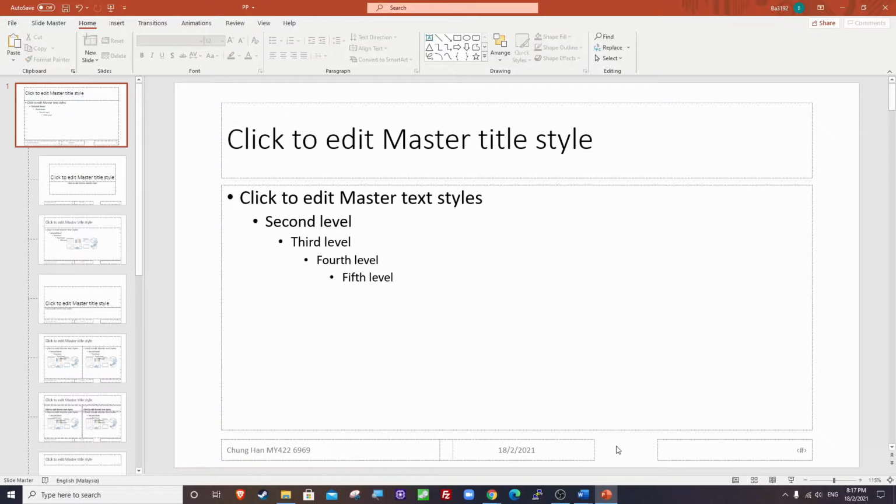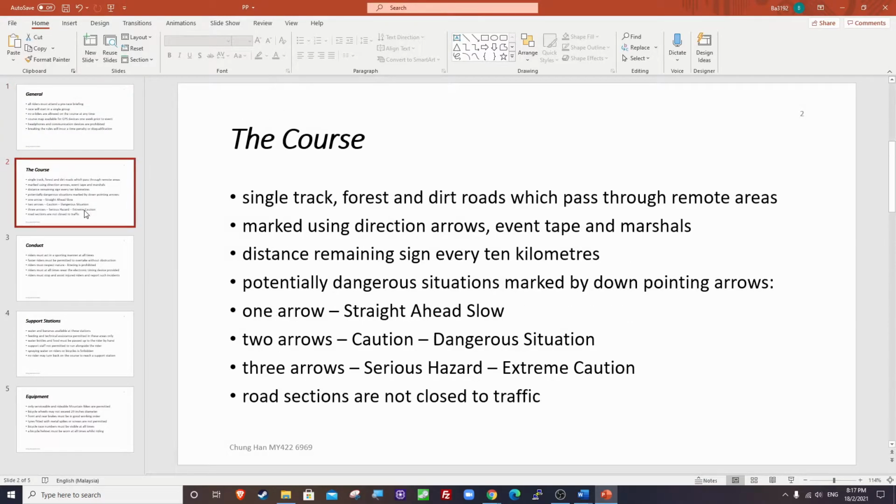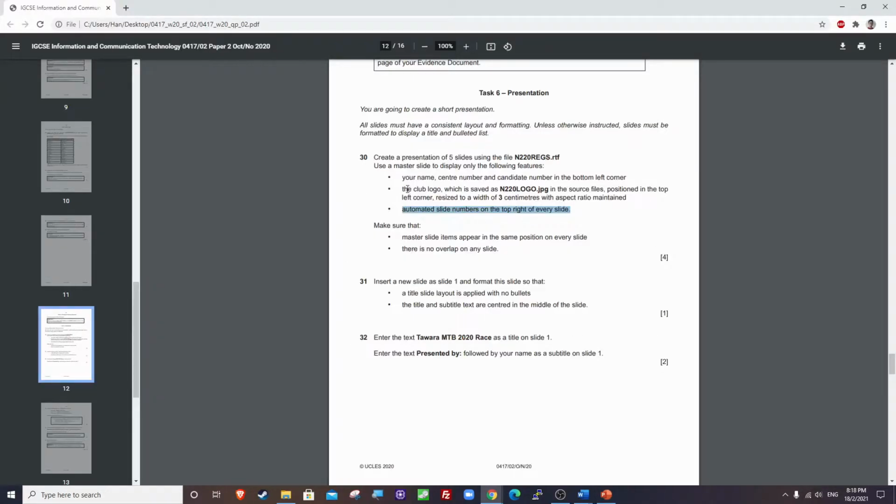Then the automated slide number should be displayed at the top right, sorry. So I'm just going to move this up and place the filler here. Let's exit the slide master and see whether the changes have been made. Everything looks good. This is on the bottom left and the slide number is on the top right. Next we need to put in the club logo